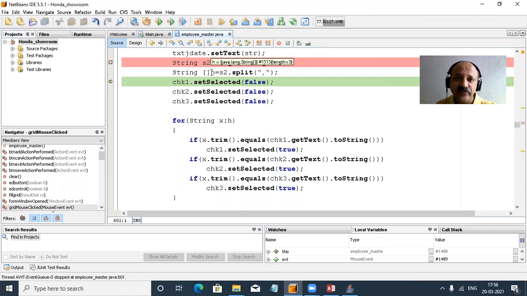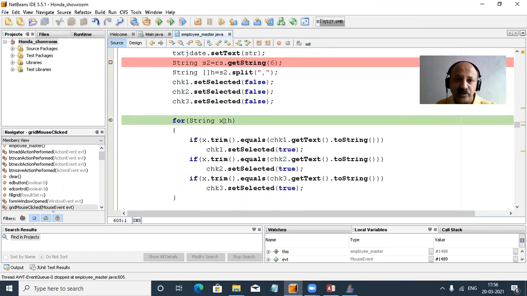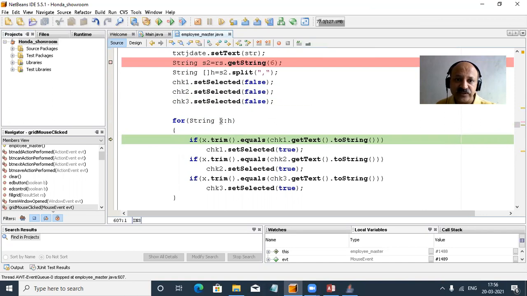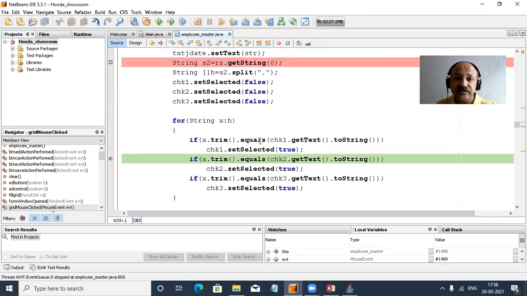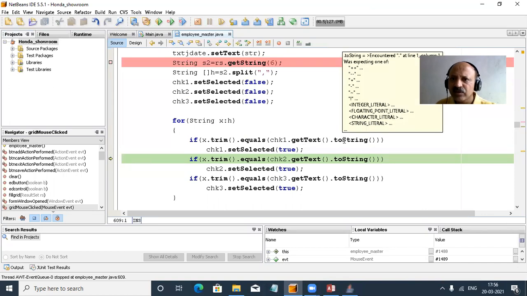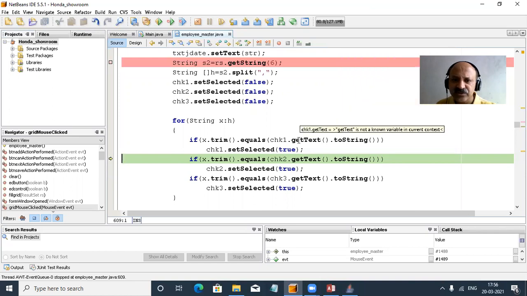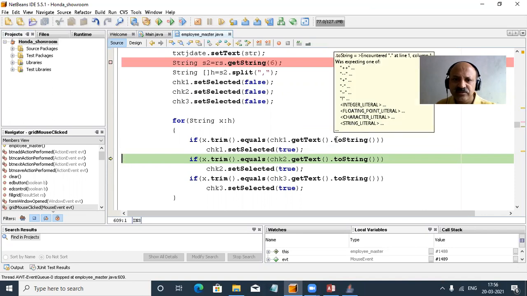So here, not defined means the length is 3 because there are 3 checkboxes and all are false. So one by one, yes. And now you can look here what the value is. So now first, the reading is perfectly selected, and now the equal check jumps directly. Why? So you can look here, a trim function we can use, but that is not required because reading, and here, yes, not perfect, that is getText and toString.